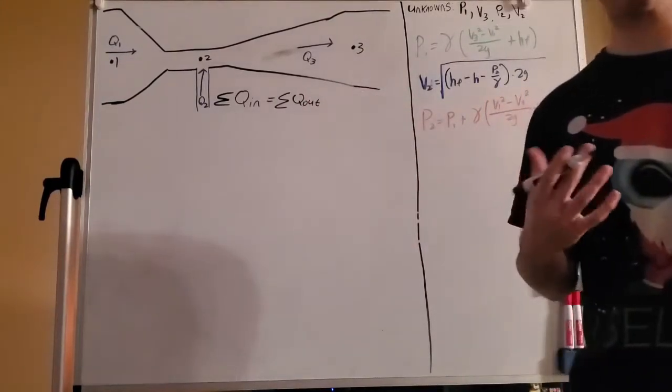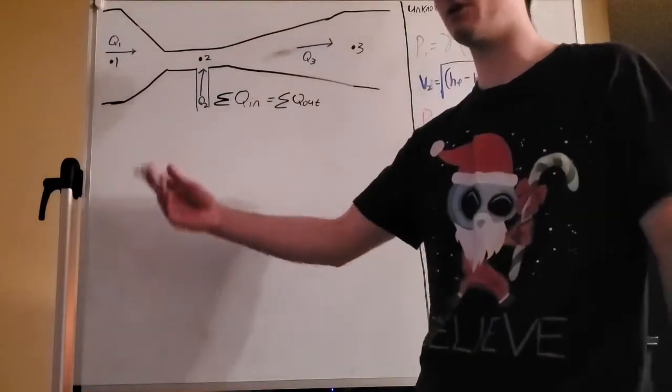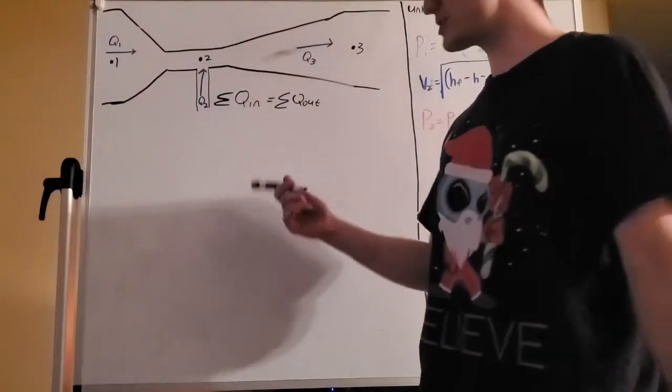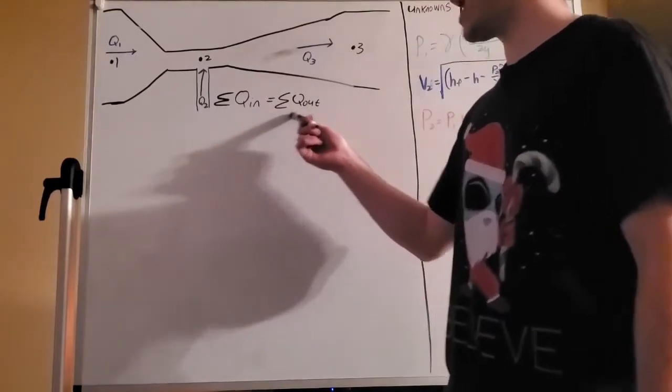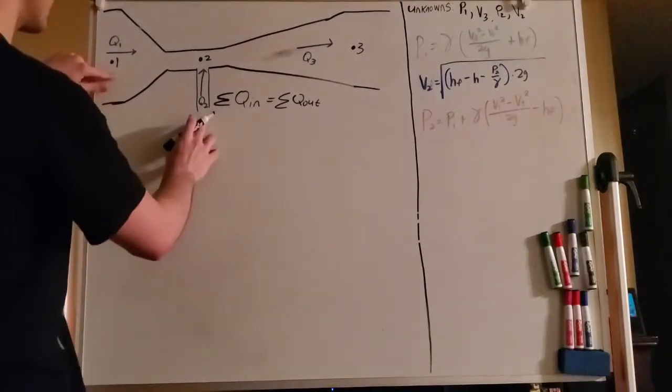This is actually going to start at the mass flow rate equation. So conservation of mass: flow rate in has to equal flow rate out. Because our density is constant, we can just write that as our flow rate in has to equal our flow rate out. Okay, so if we sum up all of our flow rates in, we're going to get Q1